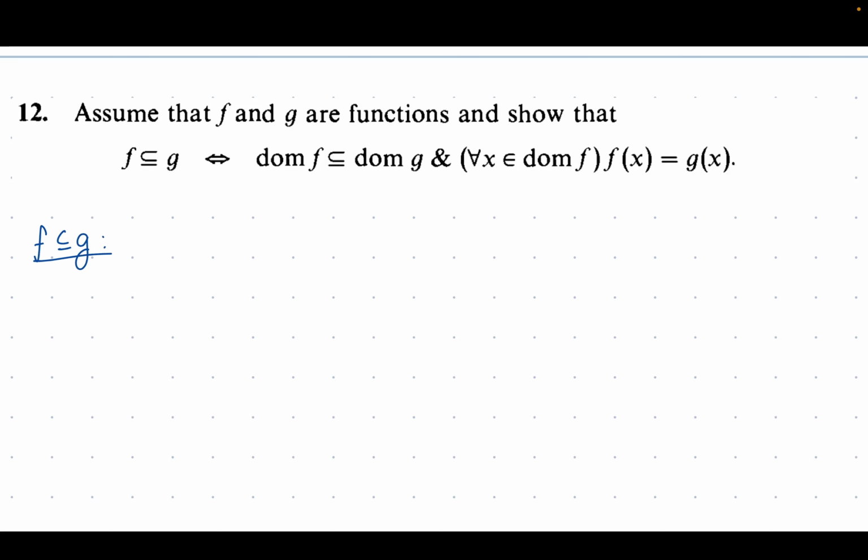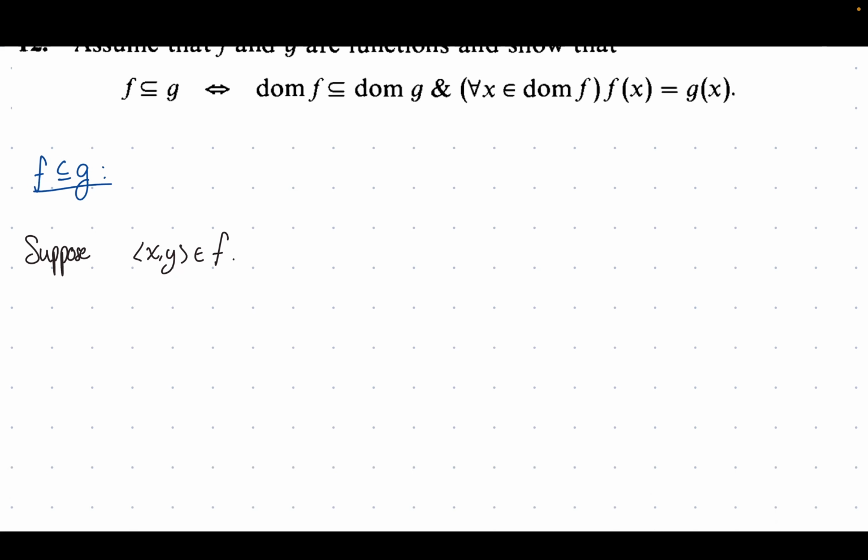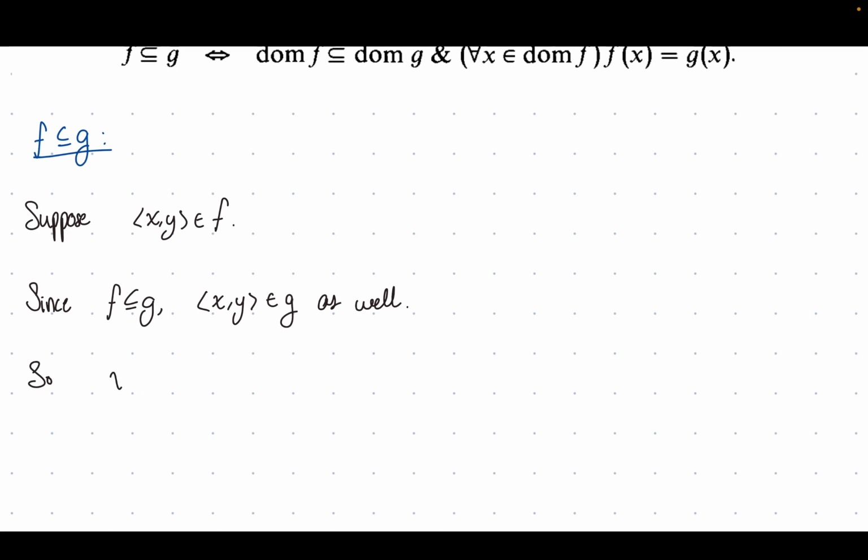So f is a subset of g. Now let's suppose x comma y is an element of f. Now recall that functions are single-valued relations, so they must contain ordered pairs exclusively, and those ordered pairs must be single-valued. That is, this x is exclusively paired with this y. That y isn't necessarily paired exclusively with x, but the x definitely only has one partner. Right, so what now? Since f is a subset of g, x comma y has to be in g as well. So x has to be, okay,